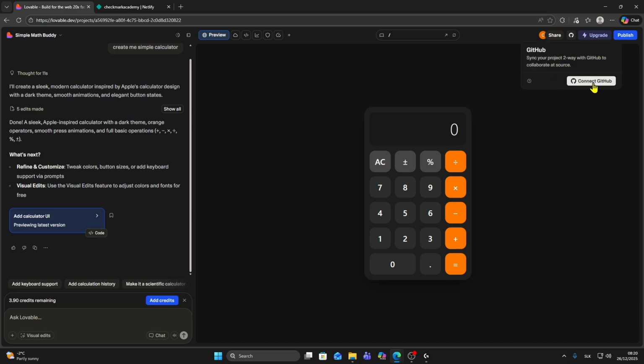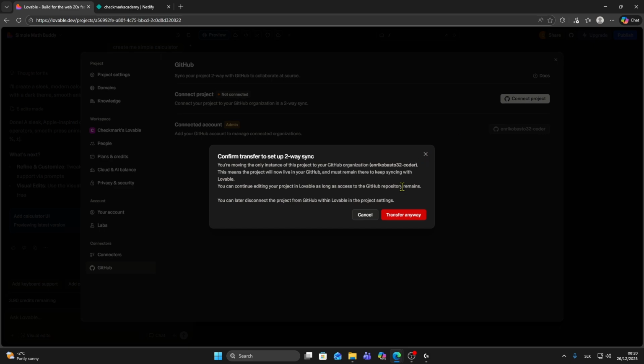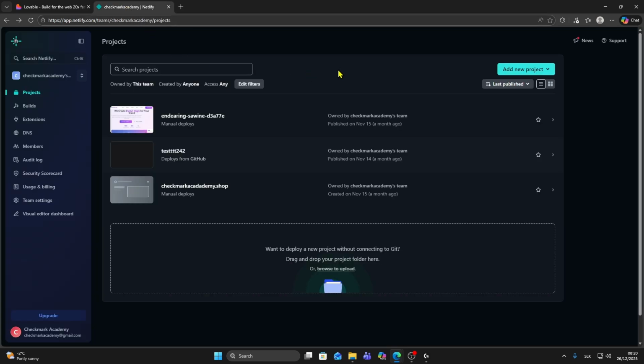So click on connect GitHub, then connect project, then choose your organization. This is my GitHub account. Then click on transfer anyway, and now this should sync our project to GitHub. It shows it's connected. So now we need to go to Netlify and click on add a new project, then